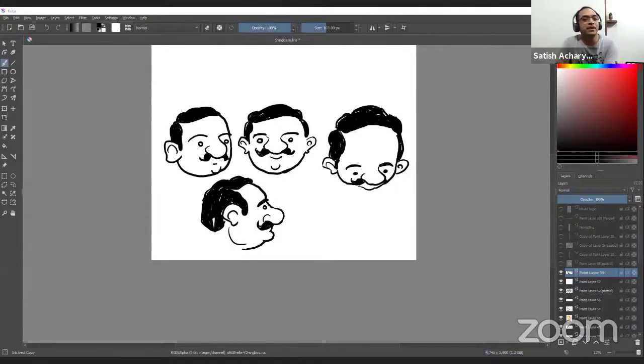There's a question from Kapil Gutkar. How do you manage consistency in the changing faces of Modi ji? See, as an editorial cartoonist, it's my job to follow news. So I keep following the news clips and I try to draw the prominent characters regularly, like Modi ji, Rahul Gandhi, or any other character. I keep drawing them regularly, and whenever there is a prominent change, I try to show the new changes in my new cartoons.